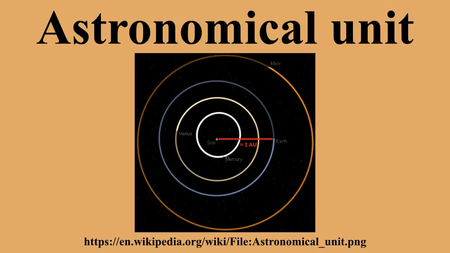The astronomical unit is a unit of length, roughly the distance from Earth to the Sun. However, that distance varies as Earth orbits the Sun, from a maximum to a minimum and back again once a year. Originally conceived as the average of Earth's aphelion and perihelion, it is now defined as exactly